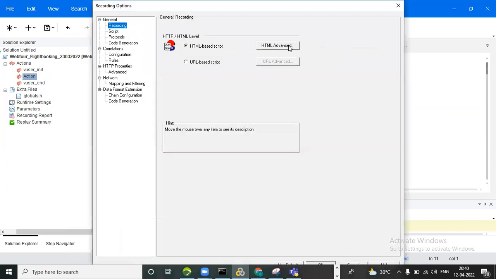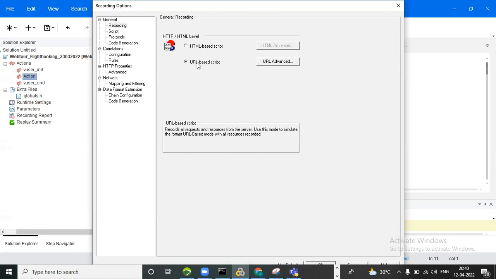If the application is a web application and it does not change every time, you can obviously go with HTML mode. If your application keeps on changing, at that time you can use URL mode. When you record in URL mode, it records the user actions along with some server-side resources also. That is why, if your application keeps on changing, you can use URL mode.